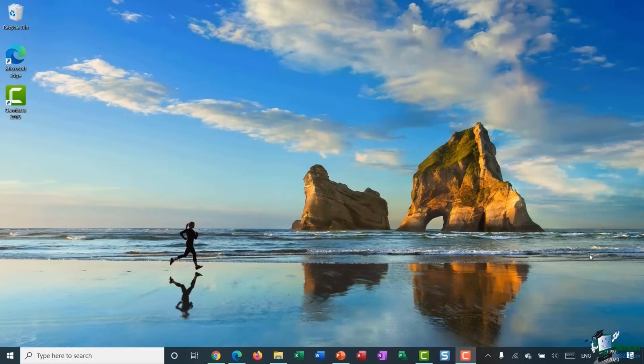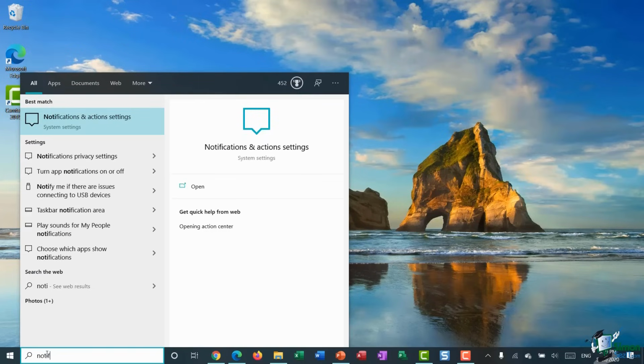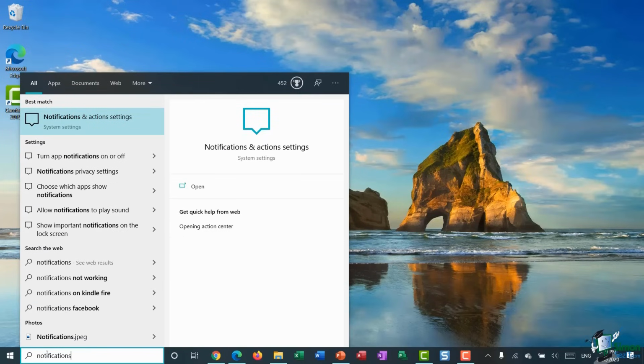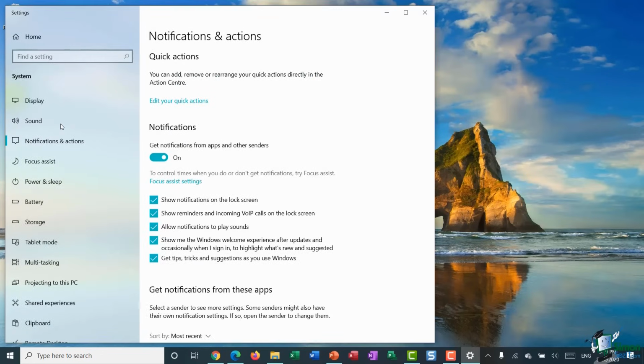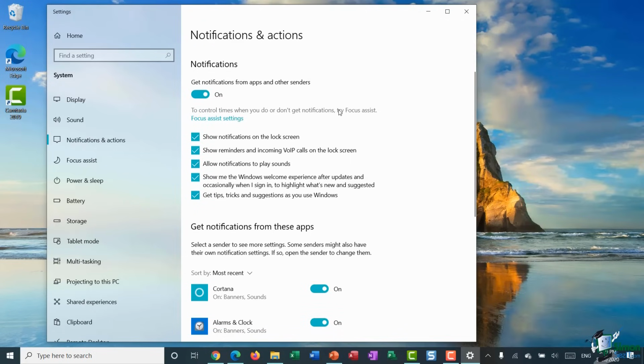Now, there are numerous different ways to getting to your notification settings, but as we've just been utilizing the search bar in previous modules, I'm going to use that. So I'm going to click down in my search bar and I'm going to type in notifications. And you can see the best match option there is notifications and actions setting, which is exactly what I'm looking for. Now, quick actions at the top, we're going to come back to that a bit later. For now, I want to focus on